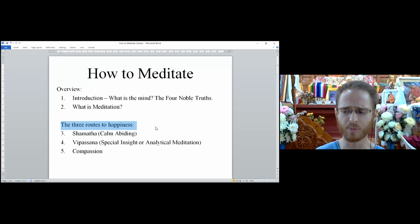While this is by no means a very classical way to present it, I find it a very useful way to categorize these things, especially when it comes to thinking about the types of meditations themselves. And we will see that, in short, most meditations fall under one of these three routes to happiness, because they fulfill different functions in the mind that lead to different levels of happiness. So the first one is meditating on shamatha, what's called calm abiding, which means developing a very concentrated mind. In dependence upon reducing the mental distraction that we have on a daily basis and developing a very strong sense of focus and concentration, a very deep sense of mental calm and happiness is generated